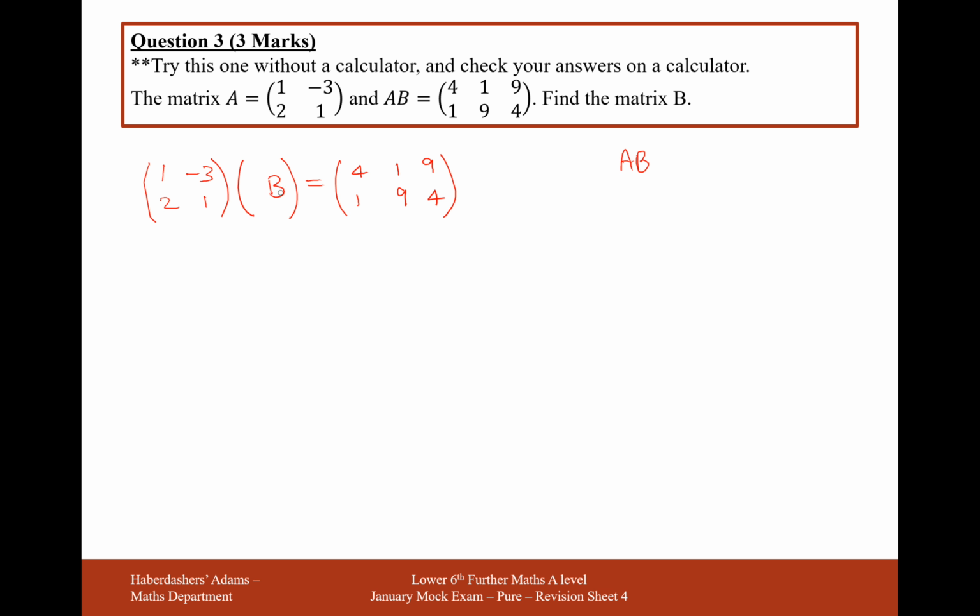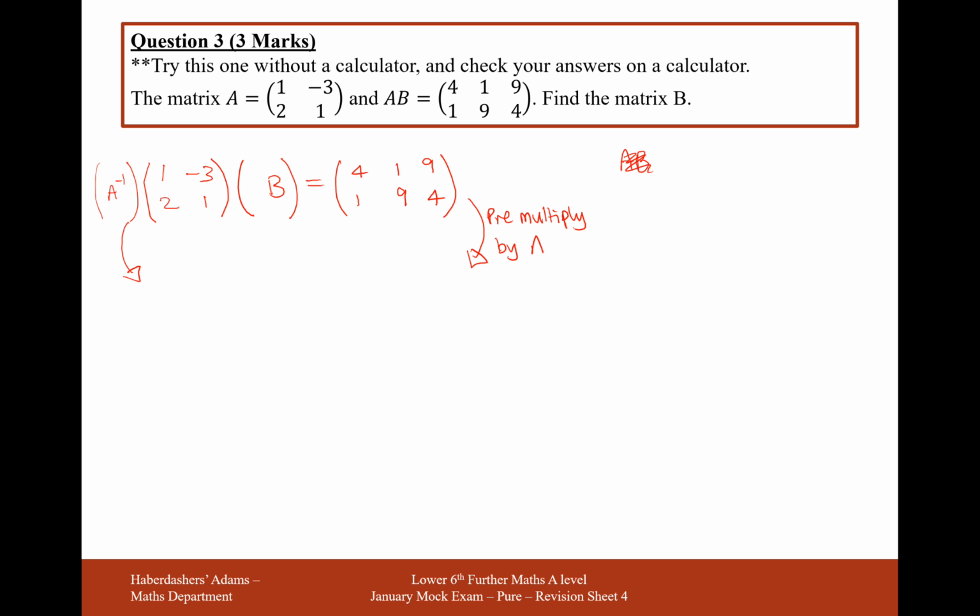So effectively, AB is equal to this thing here, and I've got A times B here. What I want to do is divide by this matrix A. However, we all know with matrices you can't divide by matrices, but what you can do is multiply by inverses. It also matters which order you multiply the matrices in. Seeing as this matrix is on the front, I'm going to need my A inverse to appear at the front here, so that these two will cancel out when they're together. Given that I need A minus 1 at the front, the term for this is to pre-multiply